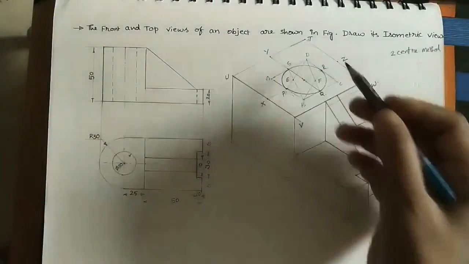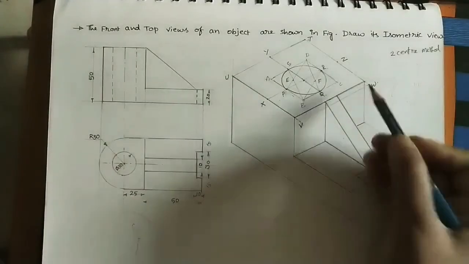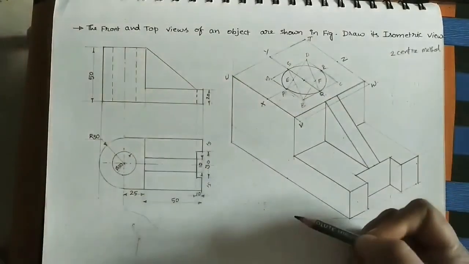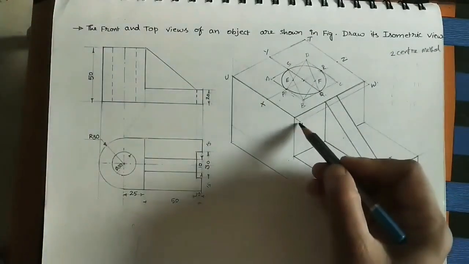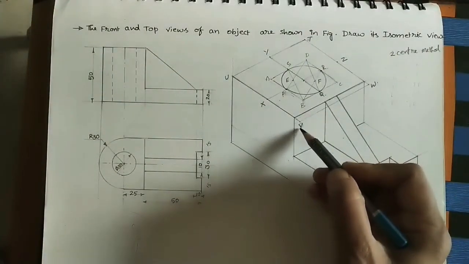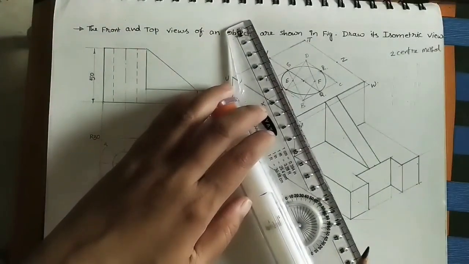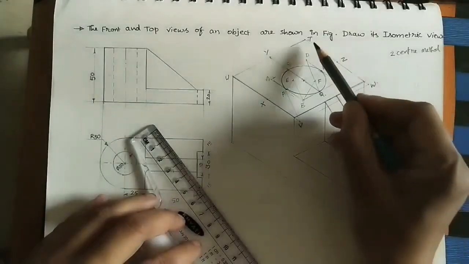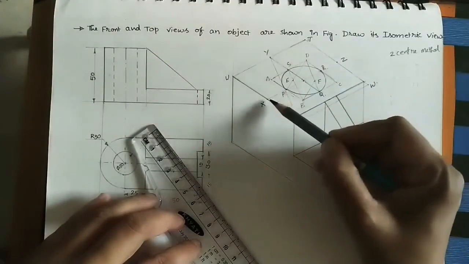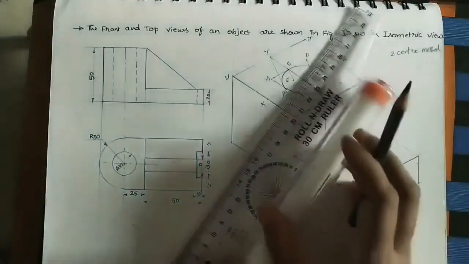Okay, after getting the middle points, here take the shorter diagonal in the new rhombus. As you know, VW is the longer diagonal compared to the shorter diagonal VT. Always take the two ends of the shorter diagonal, that is V and T. Join V to the opposite middle point. For V, the opposite middle point is Y. Join V and Y with a light, thin line. And take the other corner of the shorter diagonal, that is T. Join T to the opposite middle point. X is the opposite middle point to T. Join T and X.